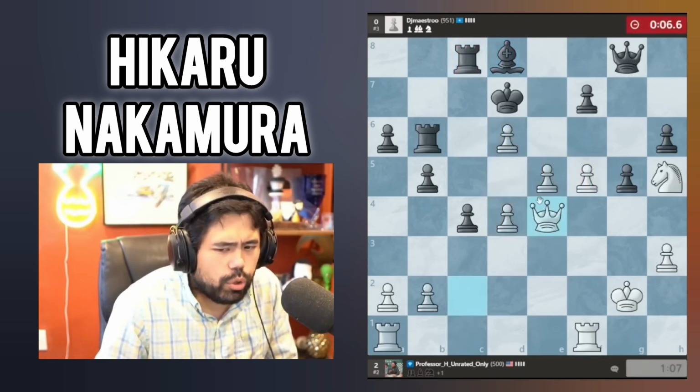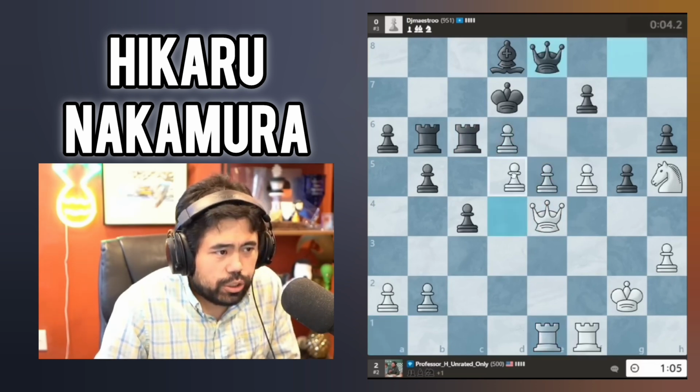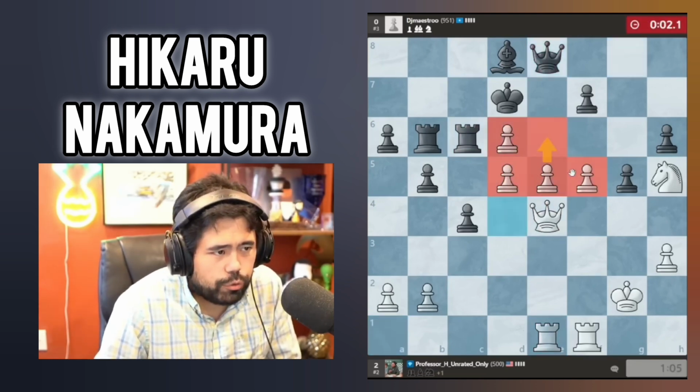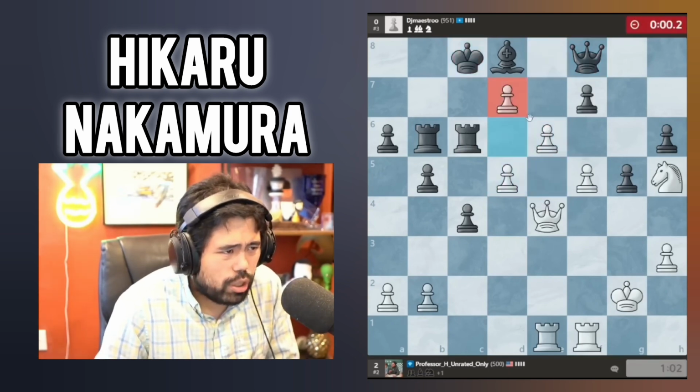So now I go queen to e4. I'm going to play rook to e1 and probably e6 next move. Actually, I can even go d5, and I'm just pushing these pawns further up the board here. Let's just keep pushing the pawns, and black's in a lot of trouble. We go check, I take